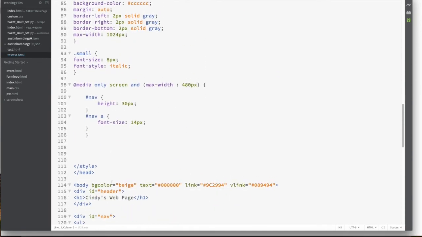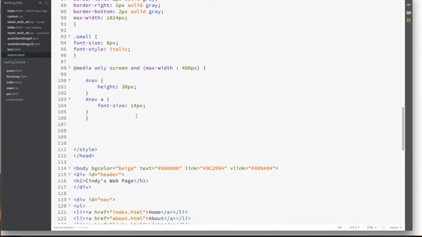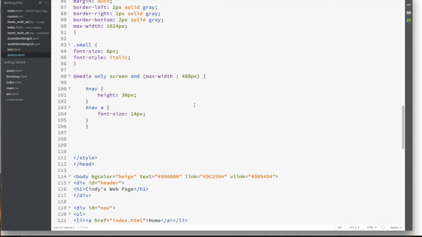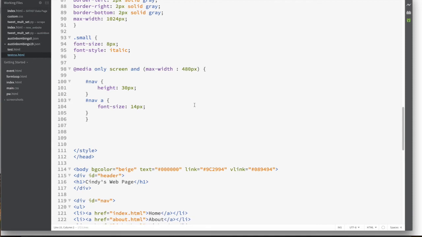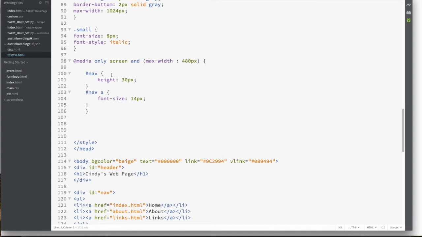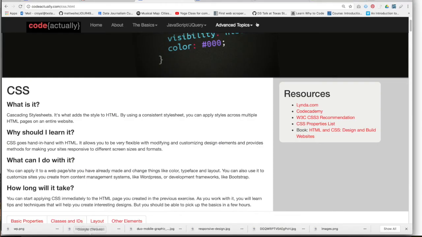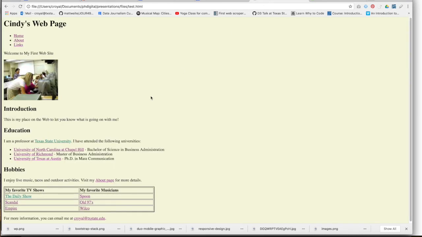And then now, really finally, we have a media query example. Now, I have not used extensive media queries. I'm just showing you this to demonstrate. But here's the media query for a max width of 480. That's sort of a phone size. And it's saying that the nav should have a smaller height and that the font size should be a little bit smaller. So if we go to the page and actually refresh the page,